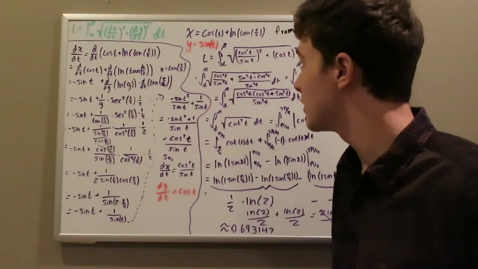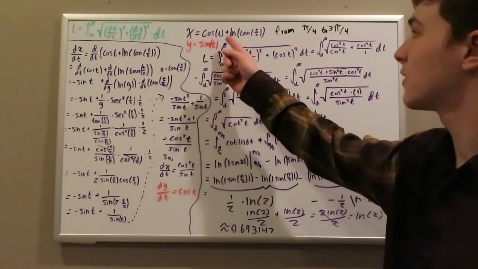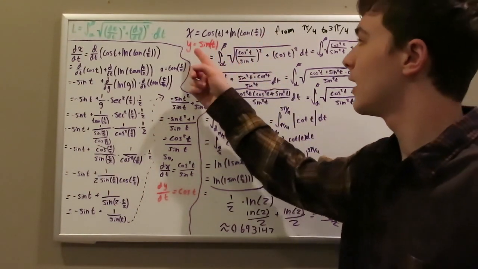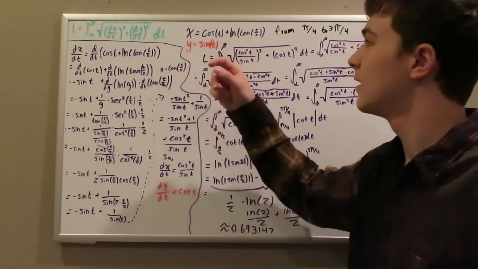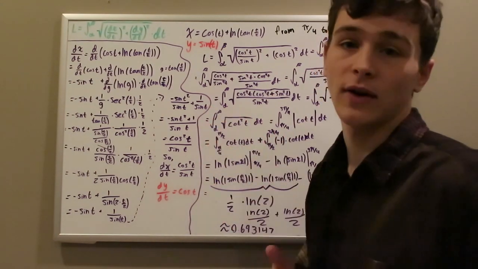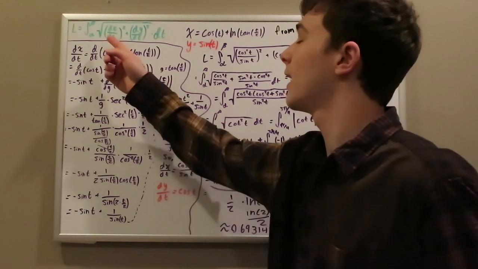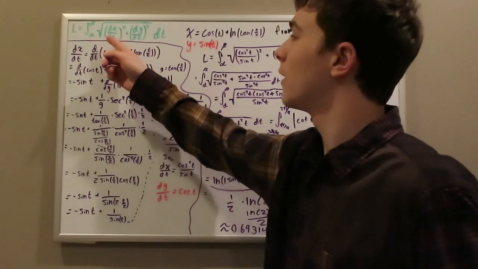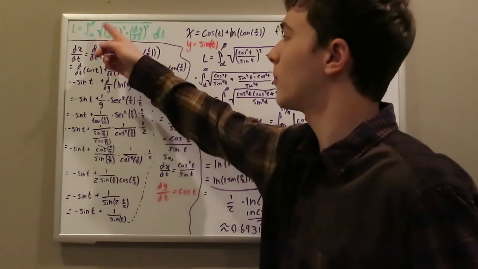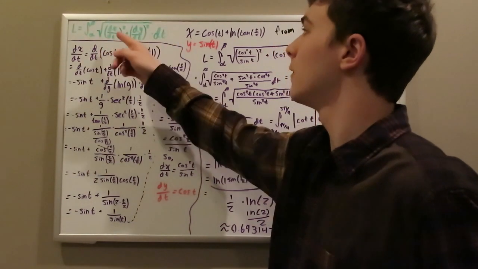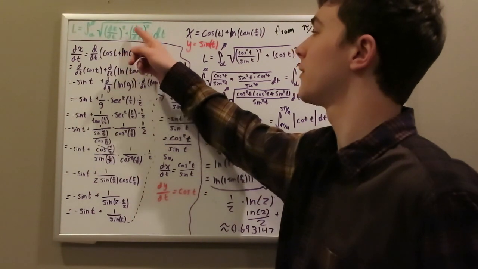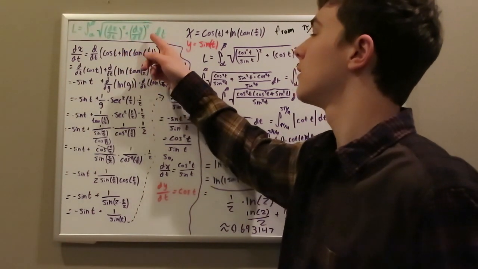So basically in this equation you're given x is equal to cosine t plus natural log of tangent t over 2, and y is equal to sine t. And what you want to do with this is put it into the formula to find the length of the arc. So you're going to have the integral from alpha to beta of the square root of the derivative of x squared plus the derivative of y squared,